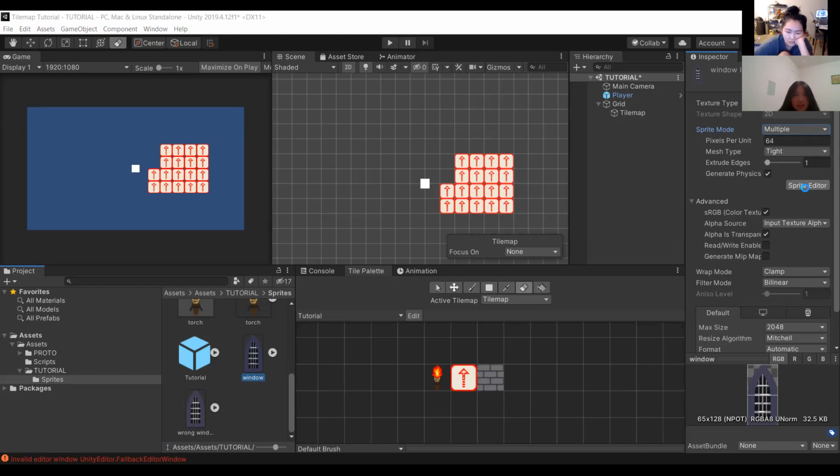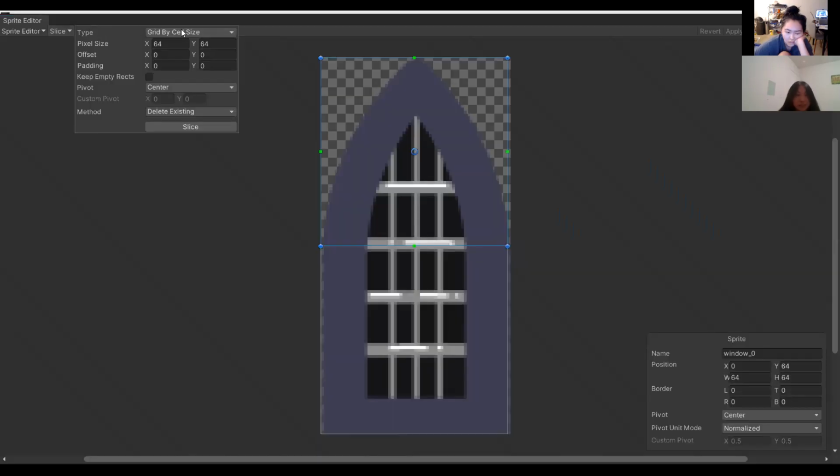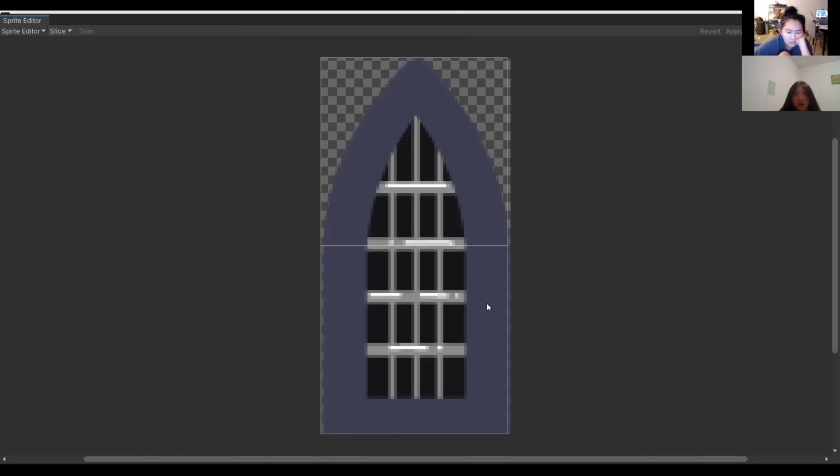Yeah, and then in the sprite editor, slice. You want to slice it by cell size. Make sure it's set to 64 by 64. Click, and you'll know that it worked when you see these white borders. When you click on them, in the bottom right you'll see the name of whatever sprite you imported, an underscore, and then the number that it is. So this is the 0th one. This is the first one, etc.